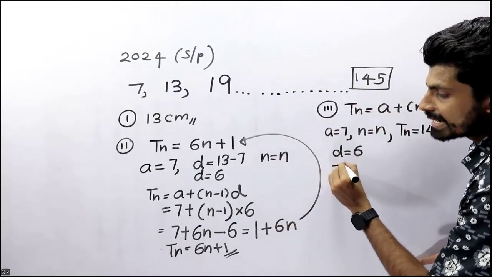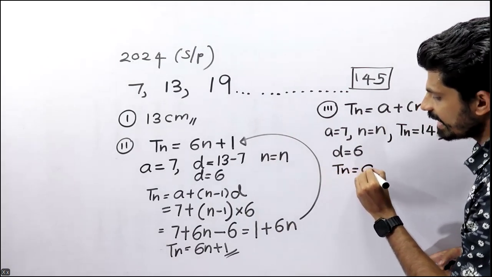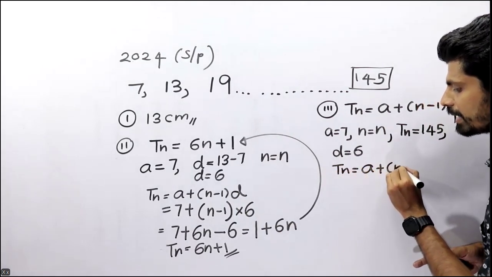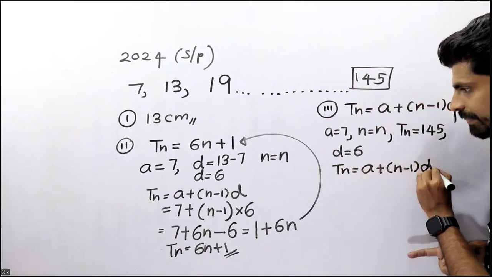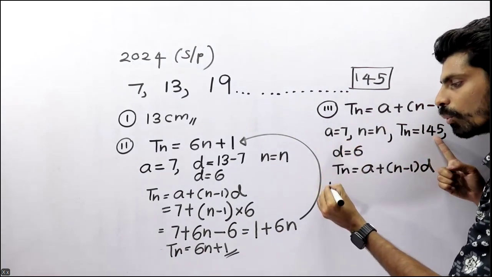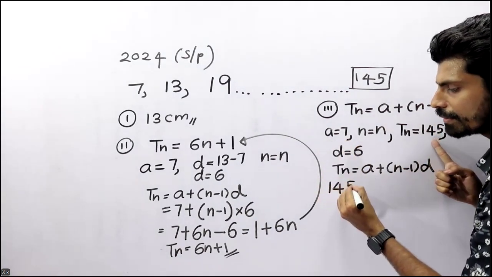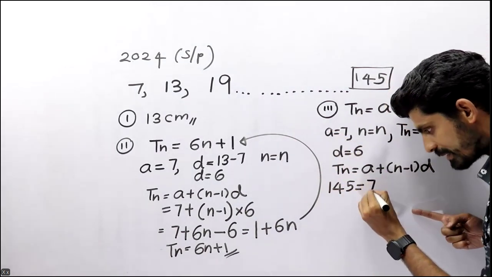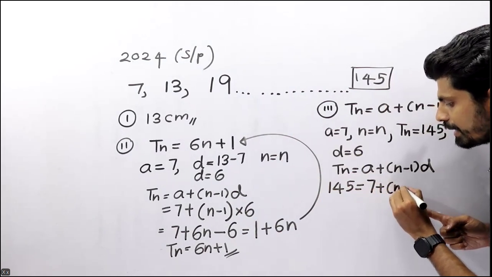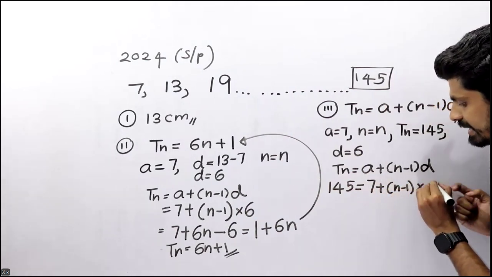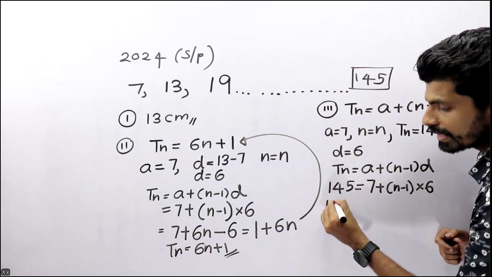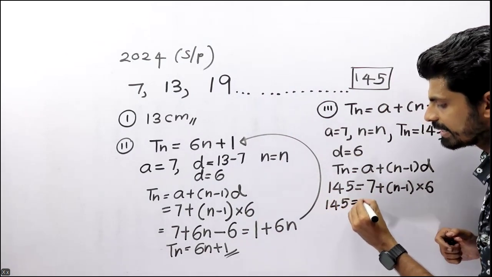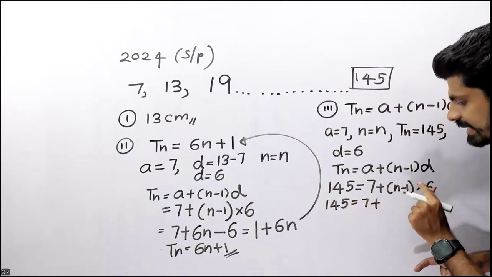So Tn equals A plus n minus 1 into D. Tn is 145, A equals 7, n minus 1 into D, D means 6. So 145 equals 7 plus 6 into